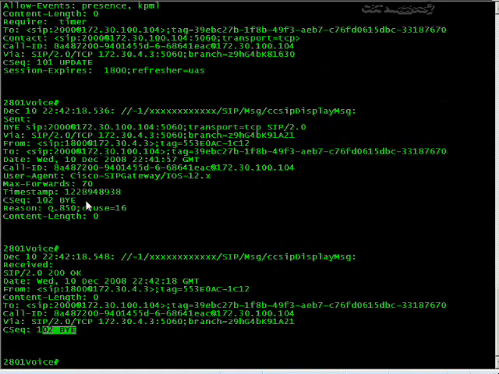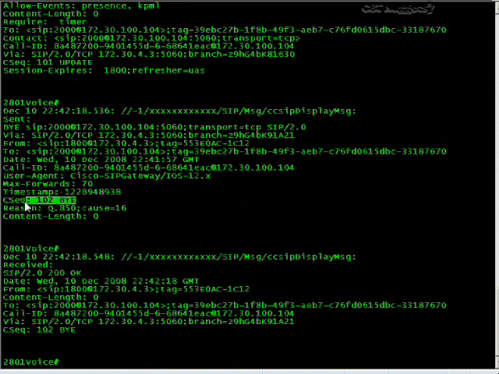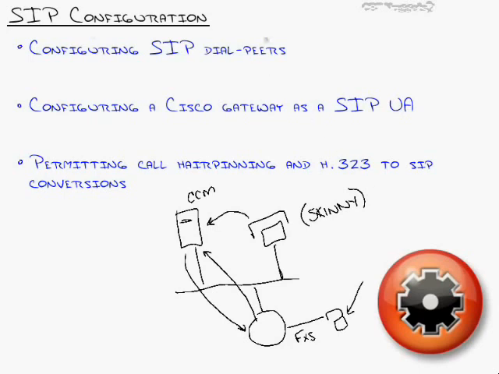You see what I mean? It's so easy. It's so easy to understand. You've got bye messages saying the call is now disconnected, a little two-way message back and forth. It's taken care of. So that's the basic configuration of SIP dial peers on the gateway and a SIP trunk